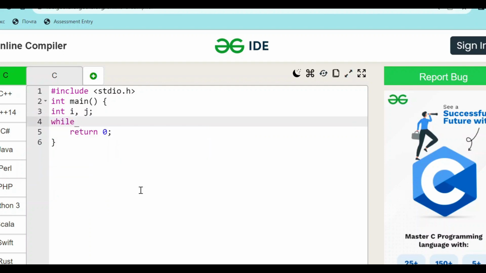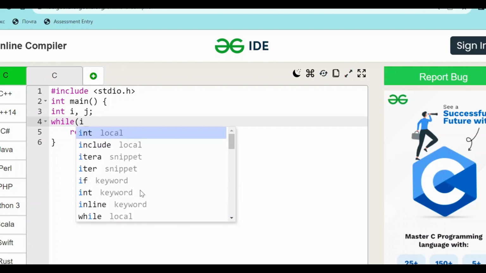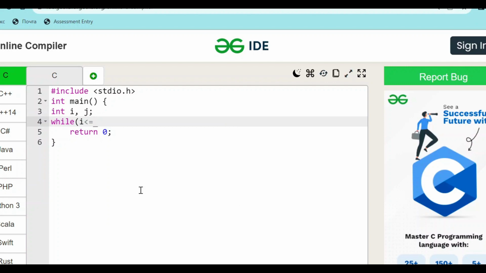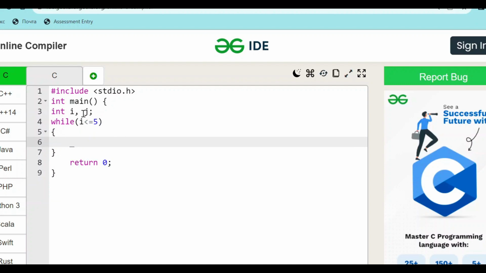Then I'm writing here while, let us take, I'm going to take 5 lines. Fine. So I less than equals 5. Okay, this will run 5 times. So let me write I equals 1. Okay. So what we can do,